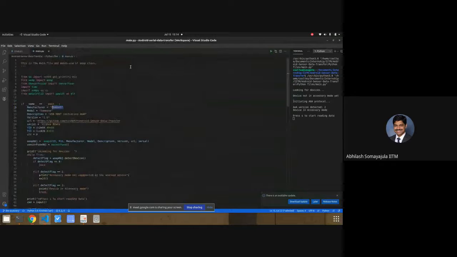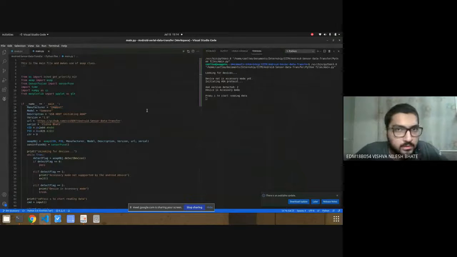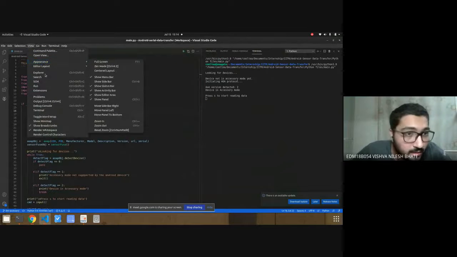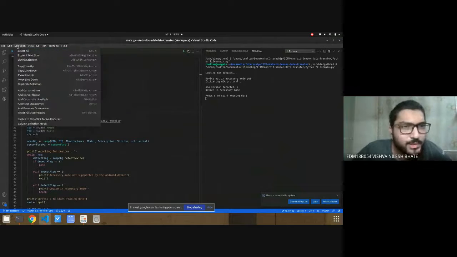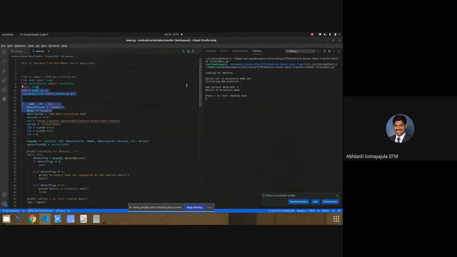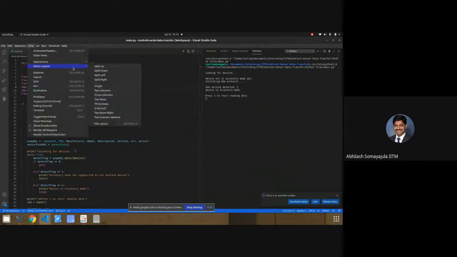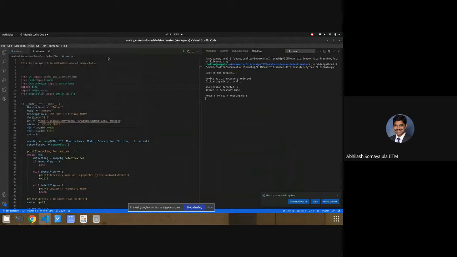Vishwa, yes, can you increase the font on this? Sure, sir. I forgot how we do that. Wait, Control Shift, and then... This is Visual Studio. Yes, sir, I don't know the shortcut over here. Maybe some of our friends here might know.